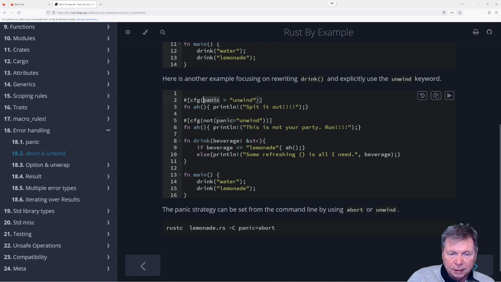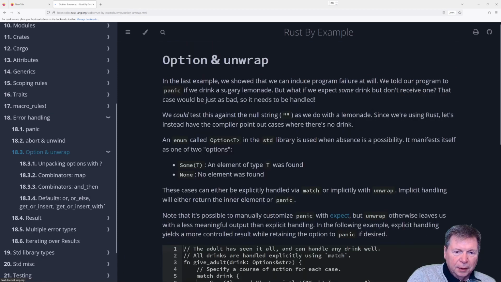The global variable panic is just one of two, like an environment variable. Huh. Well, that's interesting. Okay, let's move on.